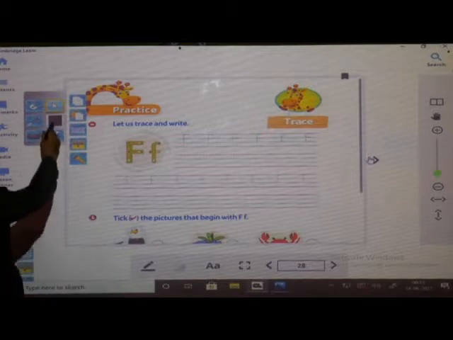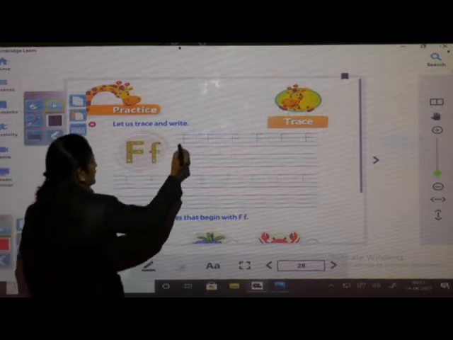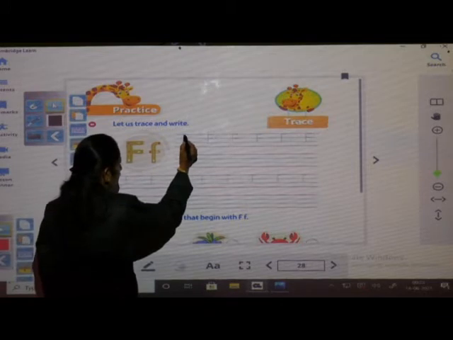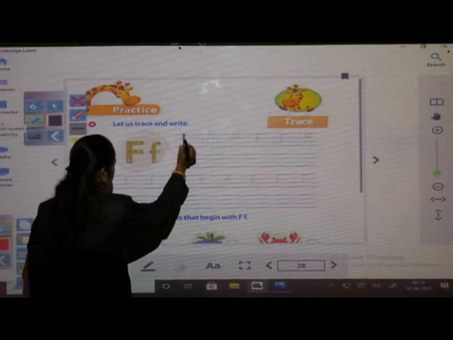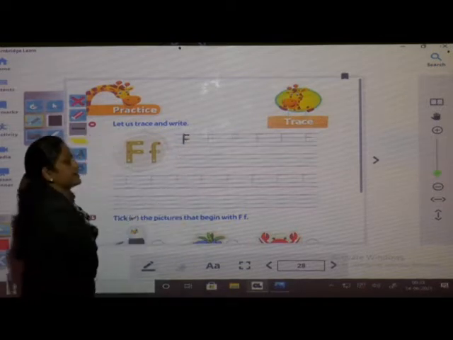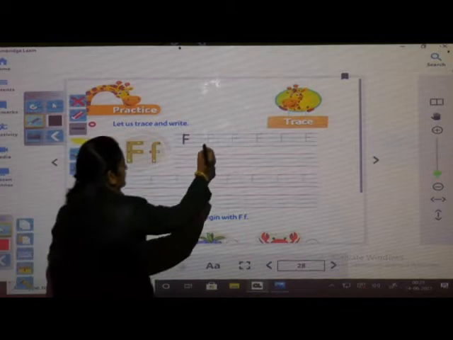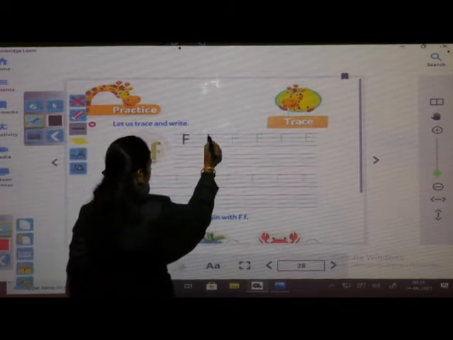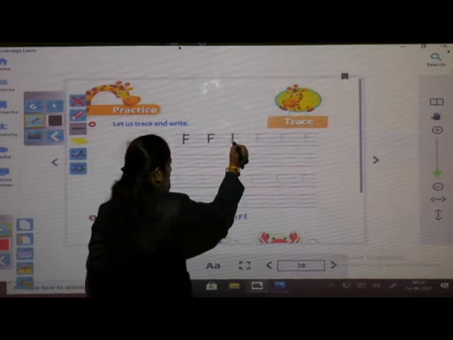Now I will show you how to write letter capital F. Okay? So, you have to start with the red line to the blue line. You have to draw one standing line. Okay? And 2 small slipping lines. You have to start with red line and end to the blue line. This is letter capital F. Repeat after teacher. Capital letter F.